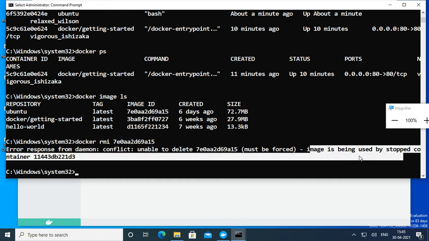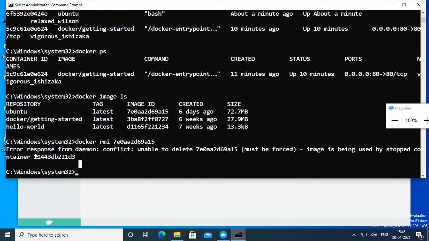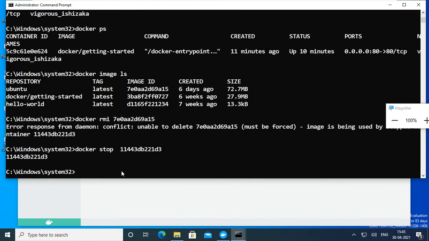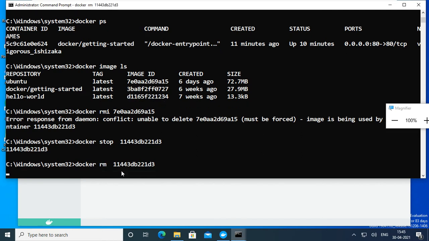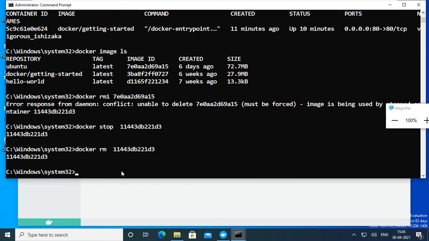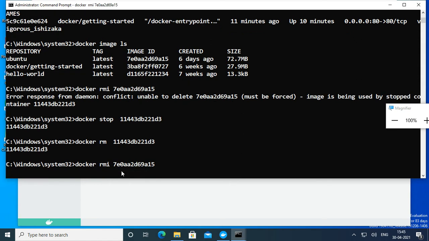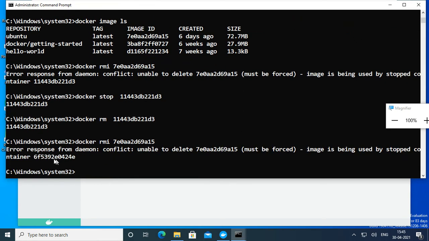Image is being used by the container. First you have to stop this container or delete this container. So the command is docker stop. It's very easy language, so you don't need to do very hard work. Now I stop the container, and also I will delete it. To delete the container, use rm or del. Now again I'm running this one. Again it will throw a message because we created two containers minimum.